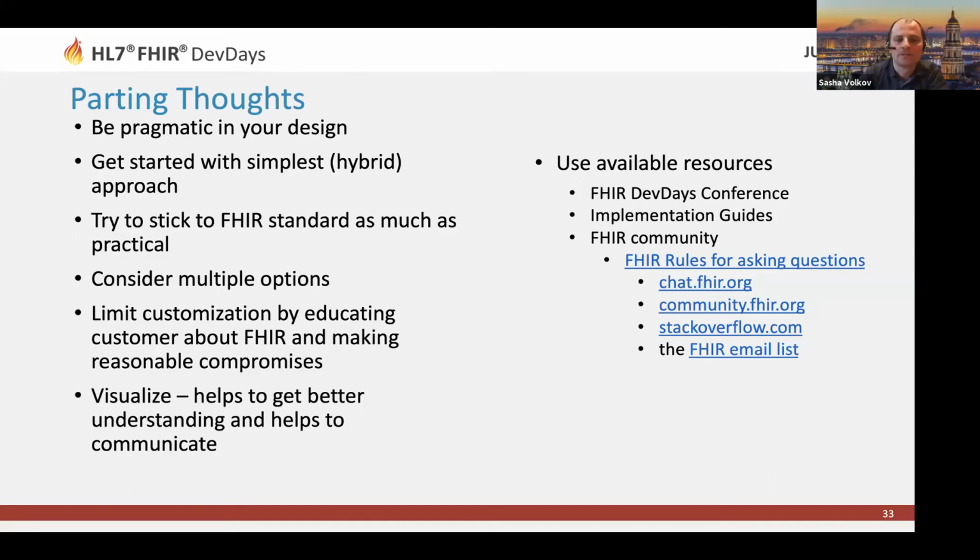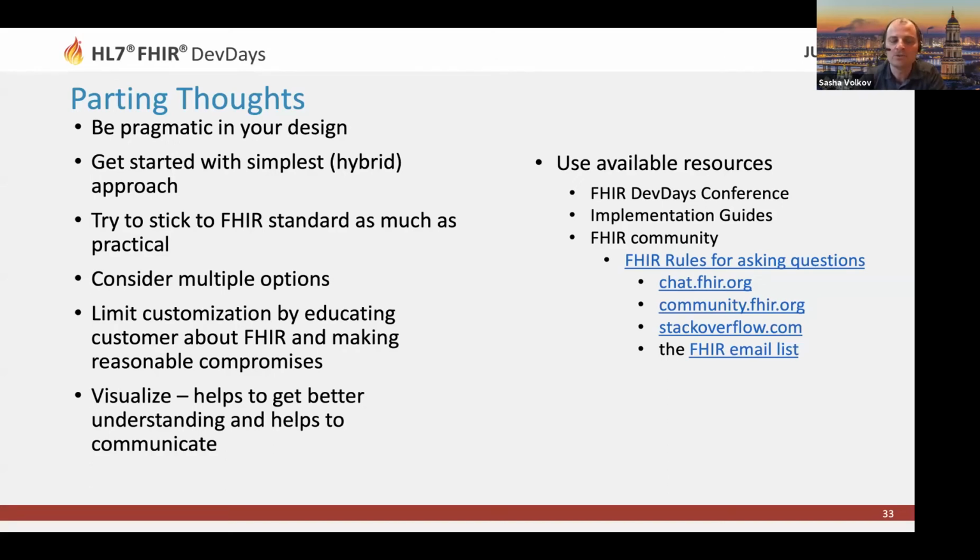Yeah, I agree. And as usual, we need to make sure we consider multiple options. The FHIR spec is so deep, so wide, so rich. There are so many different ways you can implement your use case. And usually it's just mind-boggling. Every time you read the spec, you uncover something new. You discover a new feature, a new cool aspect of FHIR, which is great.